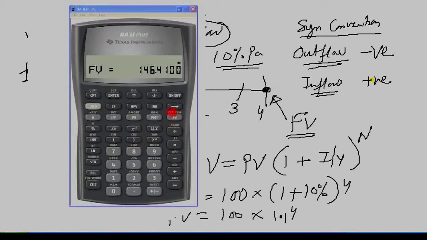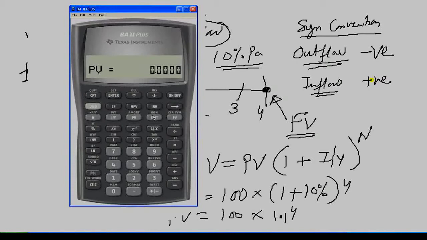So to clear the time value of money, see this, it is coming above FV, so it is a shift function, right? So I have to press this second button and then press this FV button to clear that work. I will press second and then FV. It has ensured that all the values that were there are cleared. Now let's see, we press recall PV, there is nothing. So clear TVM will ensure that everything is made 0.